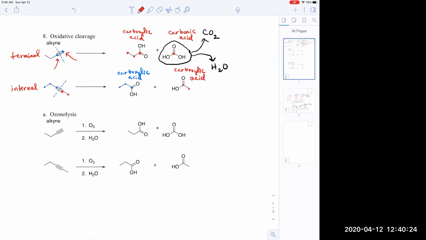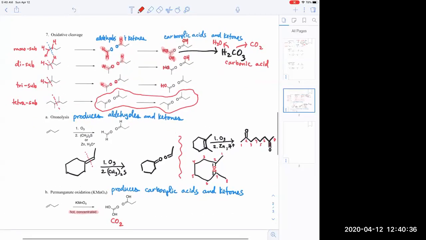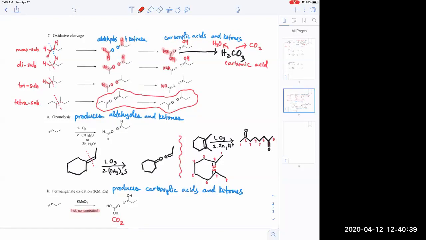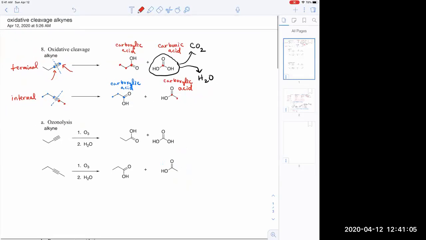When we looked at the oxidative cleavage of an alkene, and I'll go back to that page of your notes, we saw that the ozonolysis of an alkene would produce aldehydes and ketones, but the permanganate oxidation of the alkene produced carboxylic acid and ketones. Comparing that to the oxidative cleavage of the alkynes,